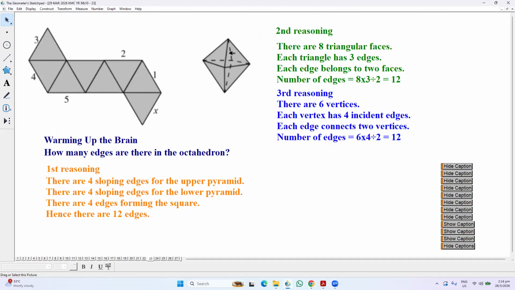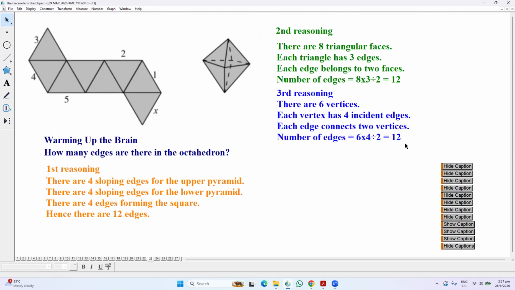If you look at a vertex on the square, there are 2 sides of the square and 2 slant edges incident on the vertex. So each vertex has 4 incident edges. 6 times 4, 24. But each edge connects 2 vertices. So 24 divided by 2 is 12